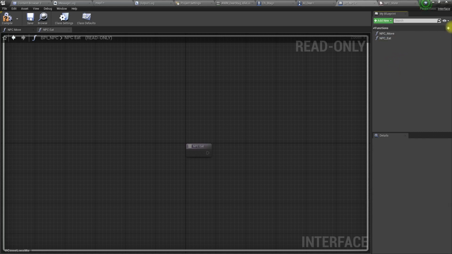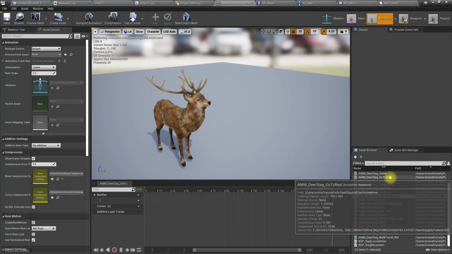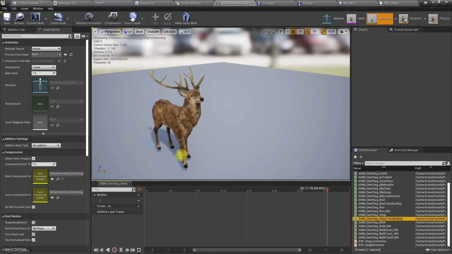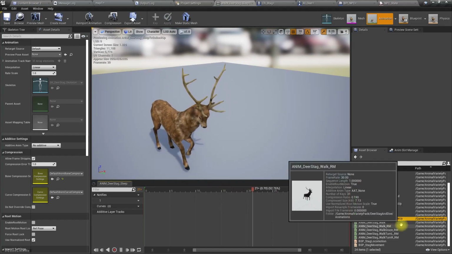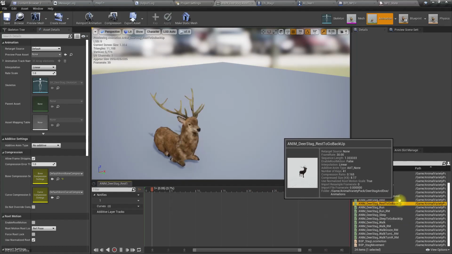Yeah, NPC eat, and also we need NPC rest. But for this we need a parameter to start and stop, because here we have this go sleep to go back up and rest to go back up,